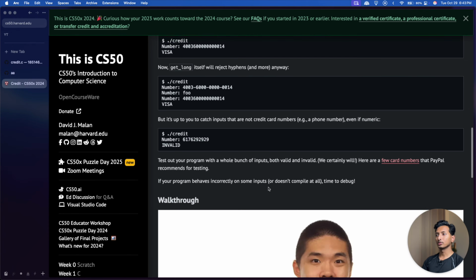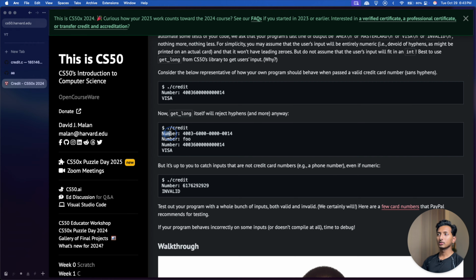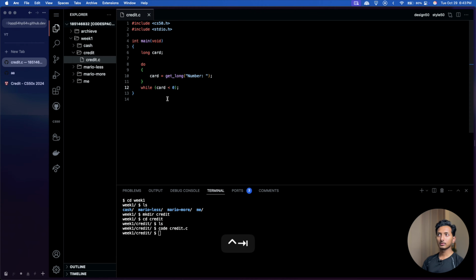Okay, if you see here, if a user enters a number that is less than 0, it will be denied. If a user enters a value that has hyphens in it, which is not allowed, it will be re-prompted, right? Similarly, a string is re-prompted, and so on. So once we've done this, the very first thing that we want to do is count the